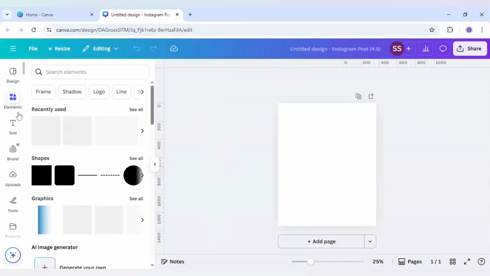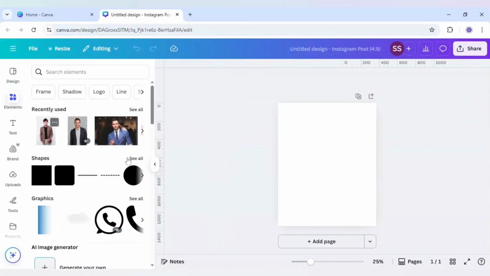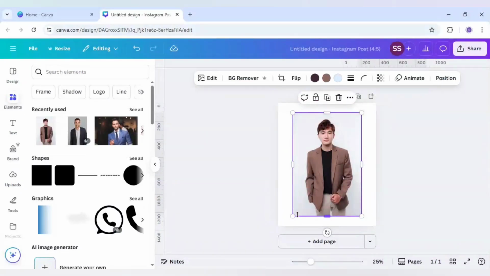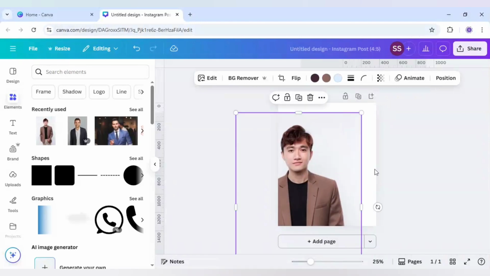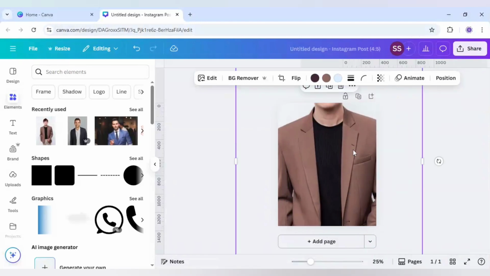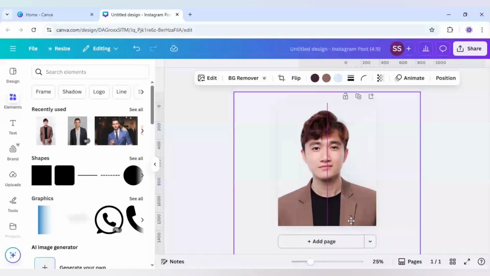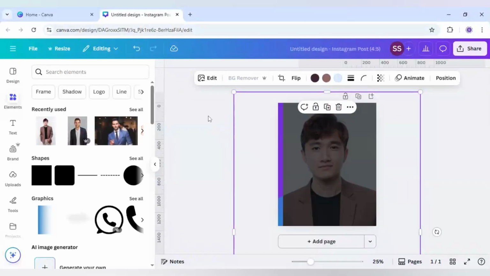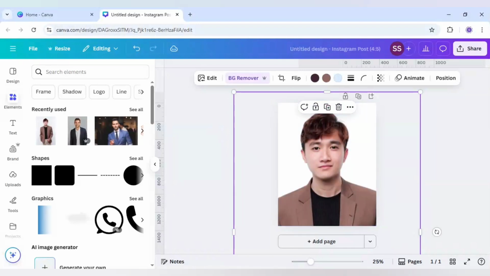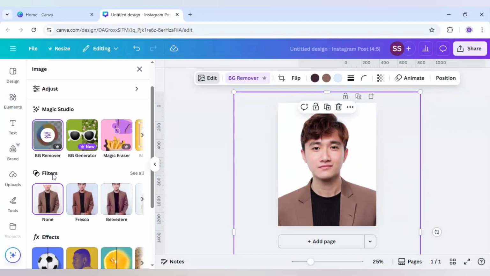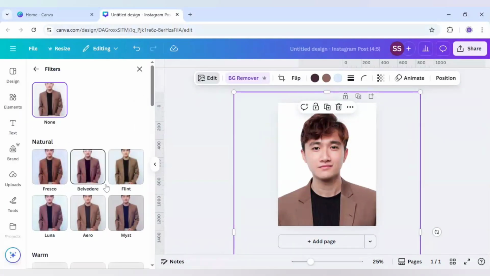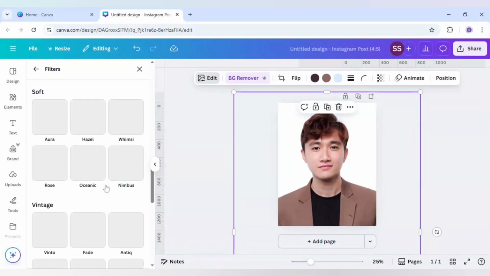I'll go to elements, and as you can see, I have chosen this image for my design, and I will make it bigger like this. Okay, and after that I will click on BG remover. So as you can see, the background is removed, and after that I will click on edit. Scroll down to find filters, click on see all, and scroll down